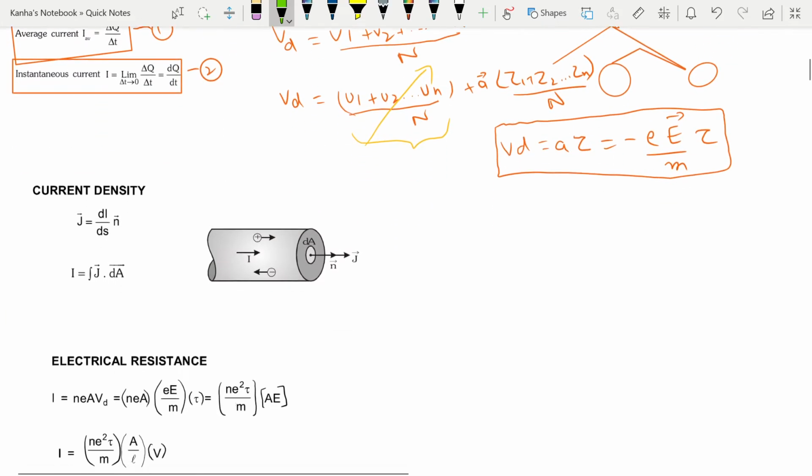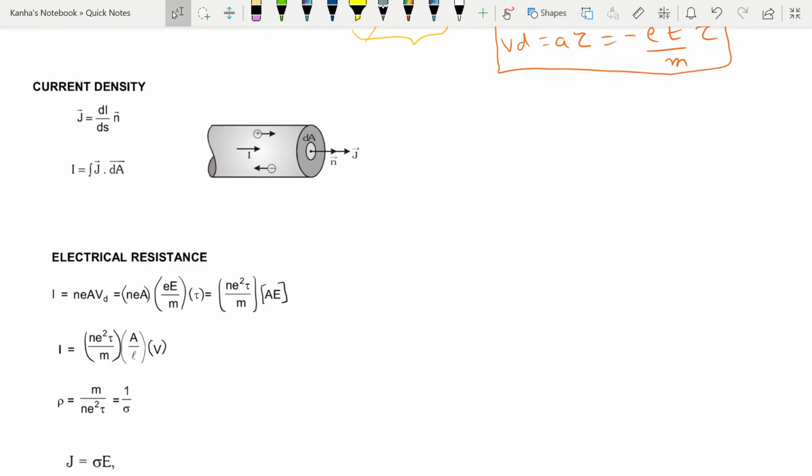Next, we look at current density. Current density is again a vector quantity, and it's in the direction of the flow of current in the system, or the flow of positive charges. Its magnitude is given by the current's magnitude divided by the area of cross section, and current is found by taking a dot product of current density and the area element. This is basically to specify the current with a direction at every point. This will be very useful as we go ahead.